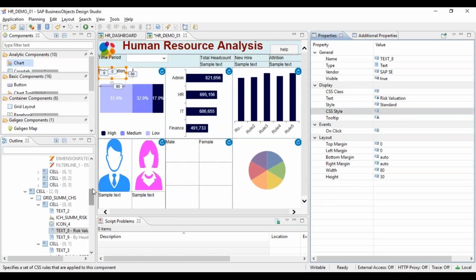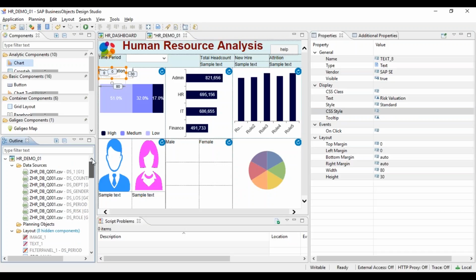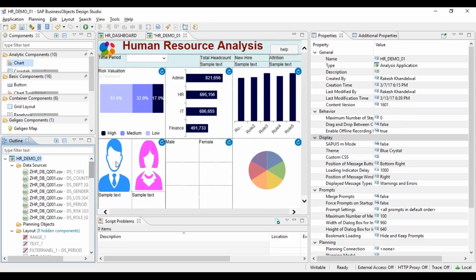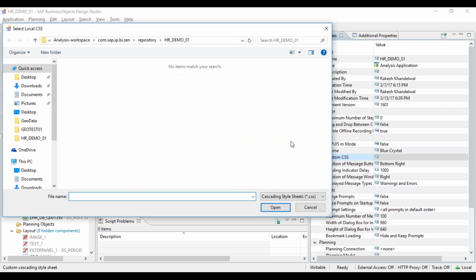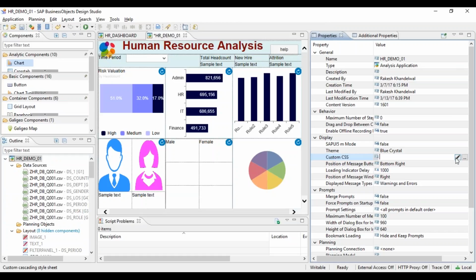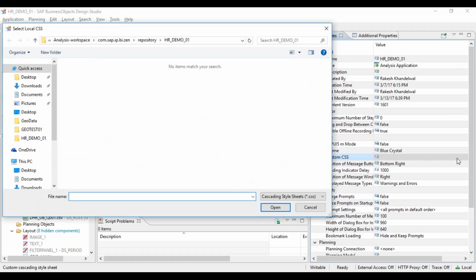So instead of writing a CSS code here, you can create a CSS file and always refer to that file. For that, you select application, and on the right hand side properties, you go to custom CSS. If you already have a CSS file, you can upload it from here by going to repository. If you don't have one, you can always create it by clicking here.